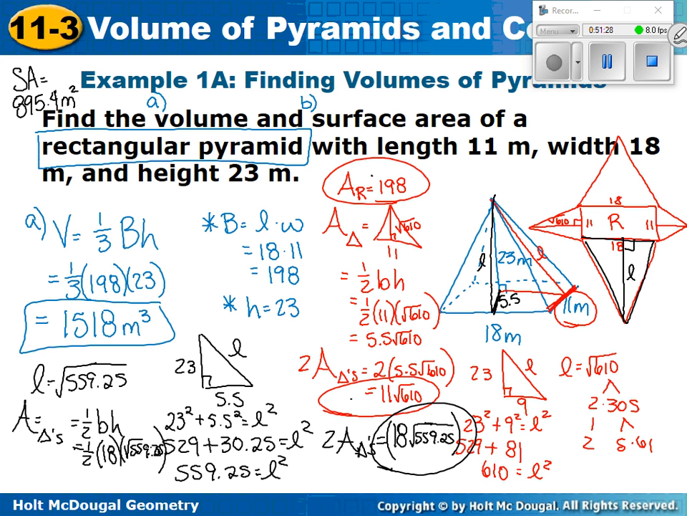More than likely, it'll be more like these, where they're regular polygons on the bases, but those still get kind of complicated with finding your apothem and your slant height. Any questions overall? Okay, I will warn you that